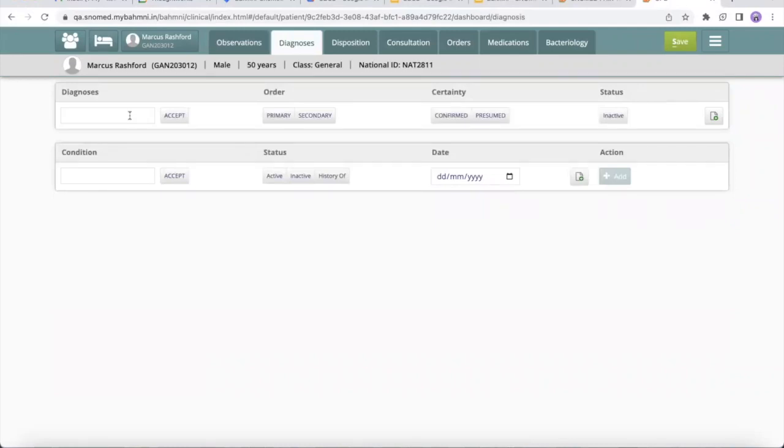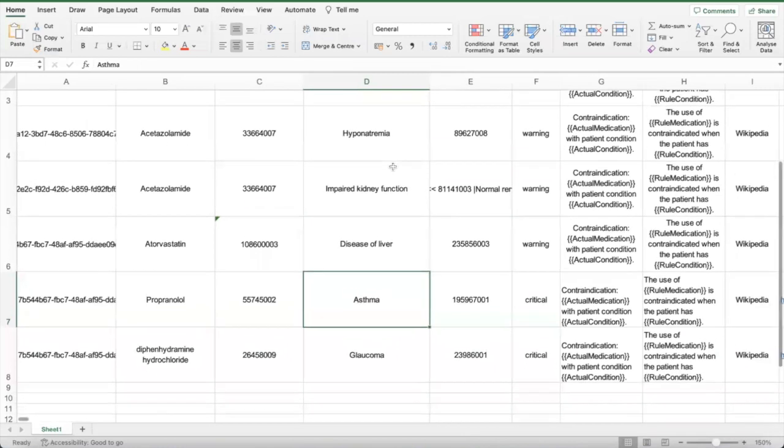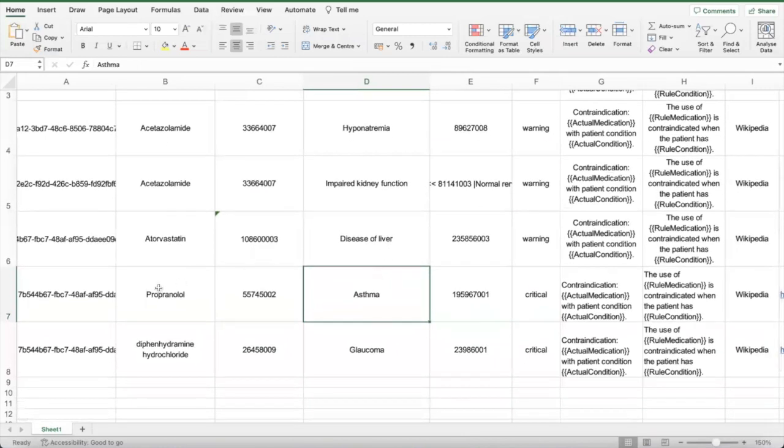Now let's refer to the rule book that we have for CDSS, right? In this case, asthma and propranolol are the drug and diagnosis interaction which are contraindicatory. So let's try this. For asthma, the SNOMED code is this, and for propranolol, the SNOMED code is this one. As we have seen earlier, in Bahmni we will be able to search for any SNOMED diagnosis term